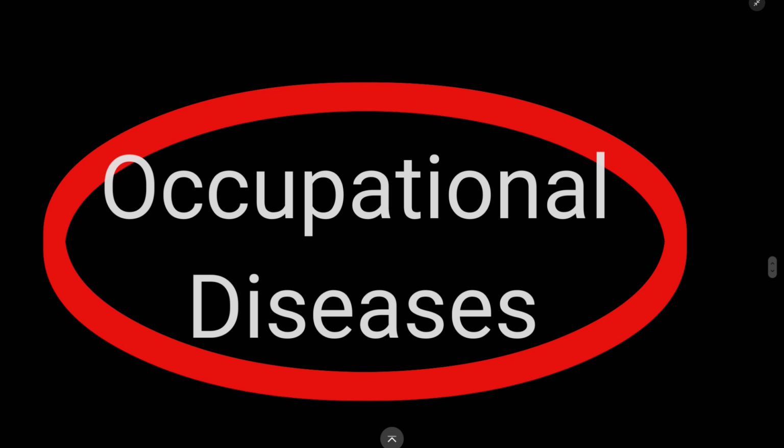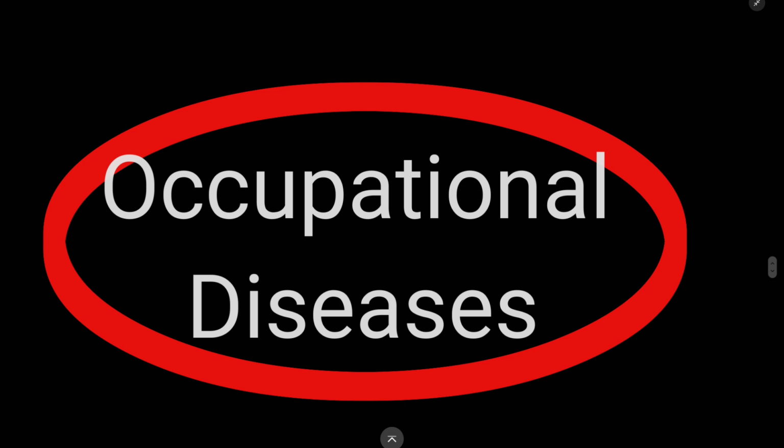And second is lack of protective equipment. Failing to wear proper gear such as respirators, gloves, or ear protection increases your chance of developing a disease. Third, poor ergonomics. Bad posture or improper workstation setup can lead to musculoskeletal problems. Fourth is environmental conditions. Working in extreme temperatures, high-dust environments, or loud areas can all increase the likelihood of disease.